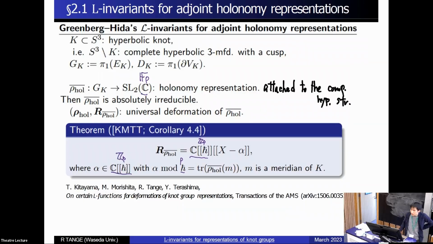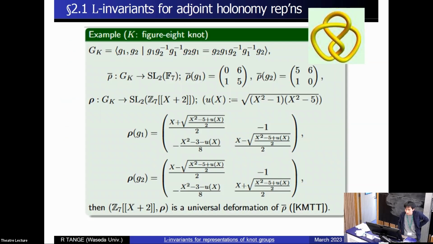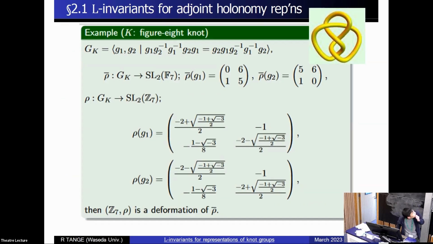Does universal mean that it contains all representations, or like a subrepresentation? Yes. What is universal? So